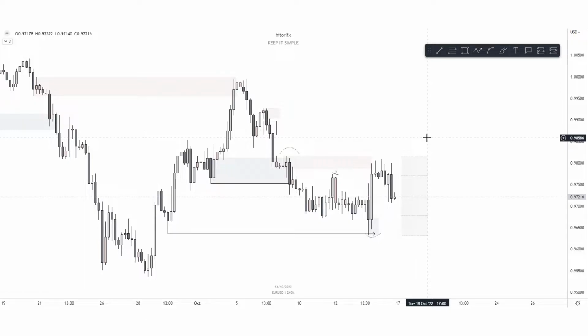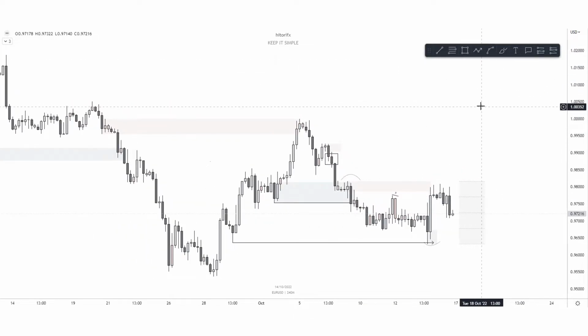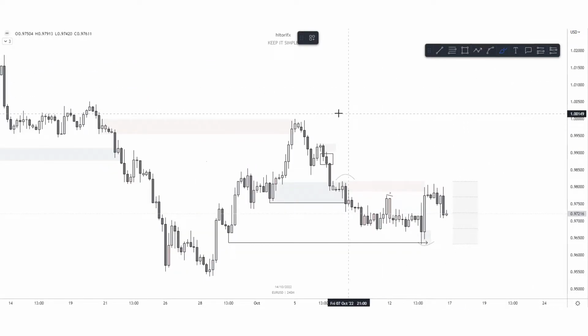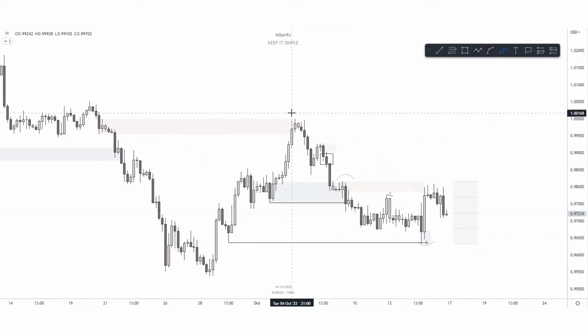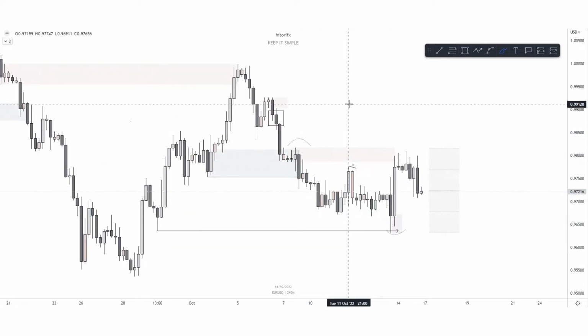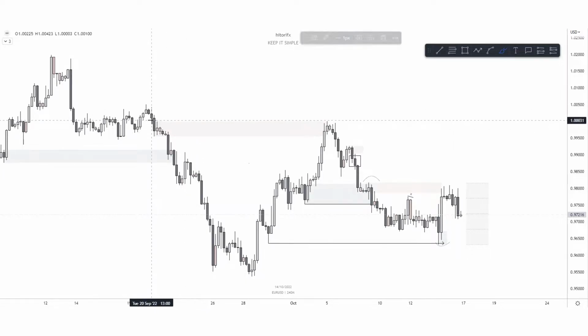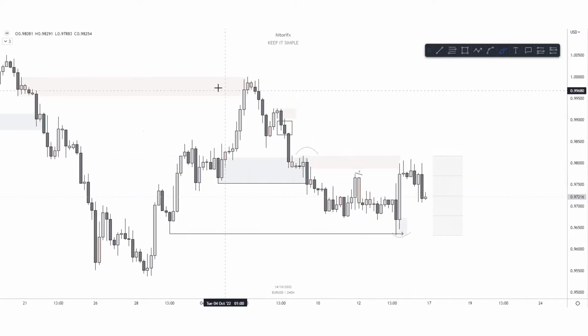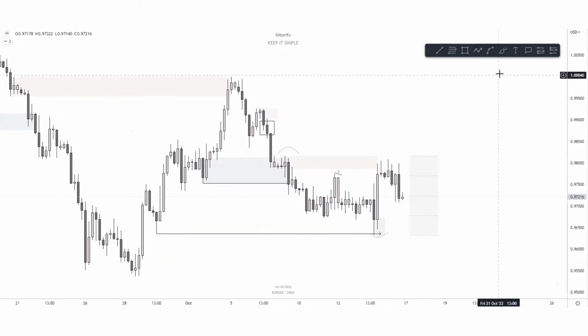So first up is EU, and we're on the H4 right now. For almost the entire month we've been in this bearish leg, and I'm actually expecting this bearish trend to continue. We came up into something within here. We actually reacted off of this inside bar range. I think we did sweep it by a bit right here. Yeah, we did. And then we saw this huge dump right here.